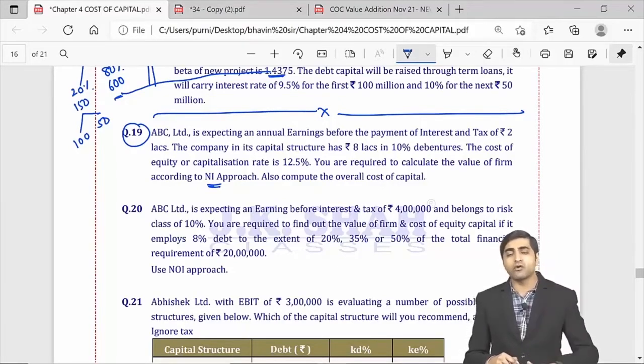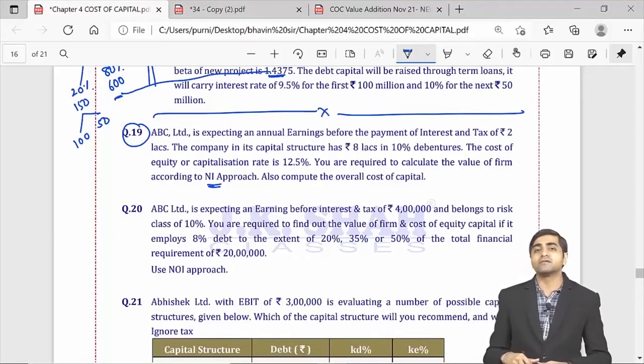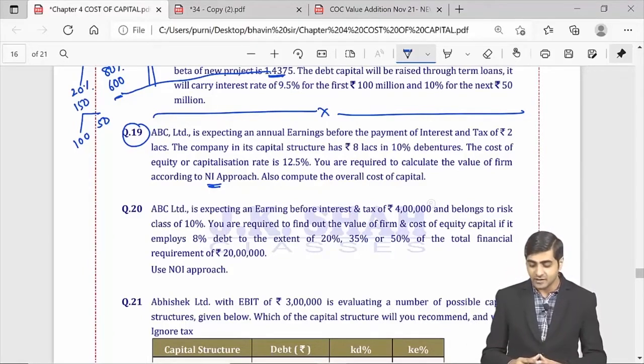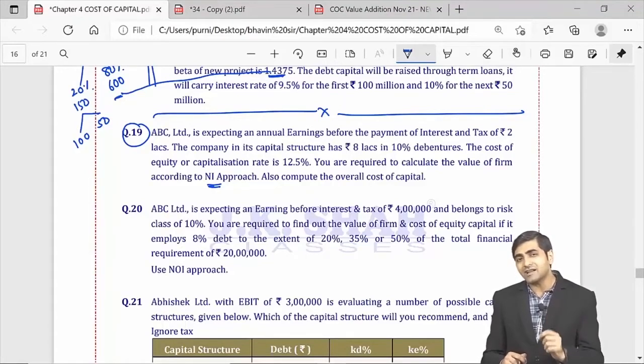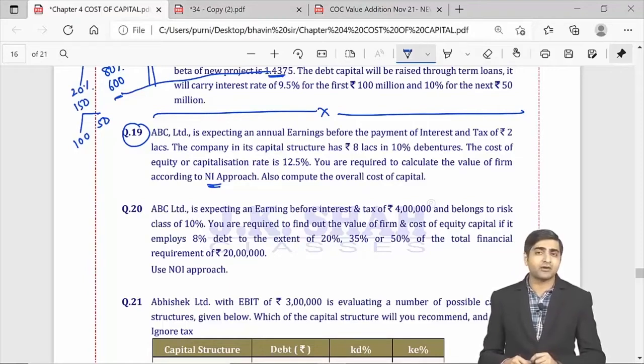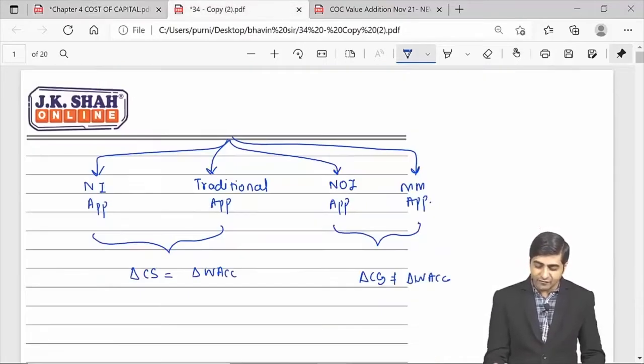And guys, when your KO will be reduced, then the market value of the firm is definitely going to increase. So guys, whenever more and more debt in the capital structure is introduced, what is going to be the impact? Your KE is going to remain constant, because of which your KO will fall and the market value of the firm will rise. So guys, we have your EBIT available here as 2 lakhs,